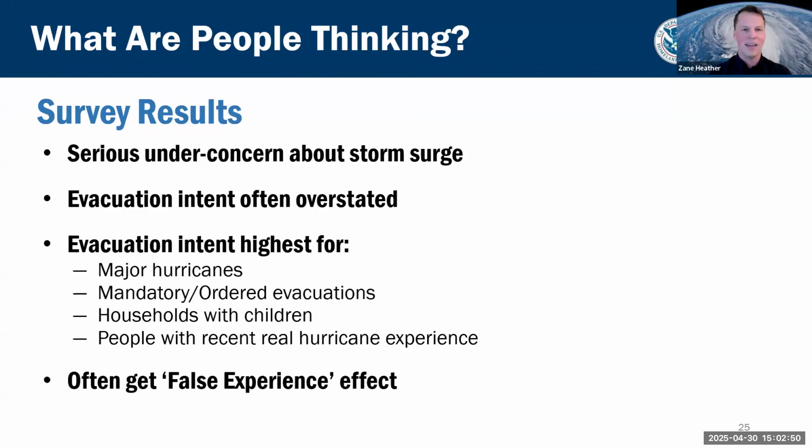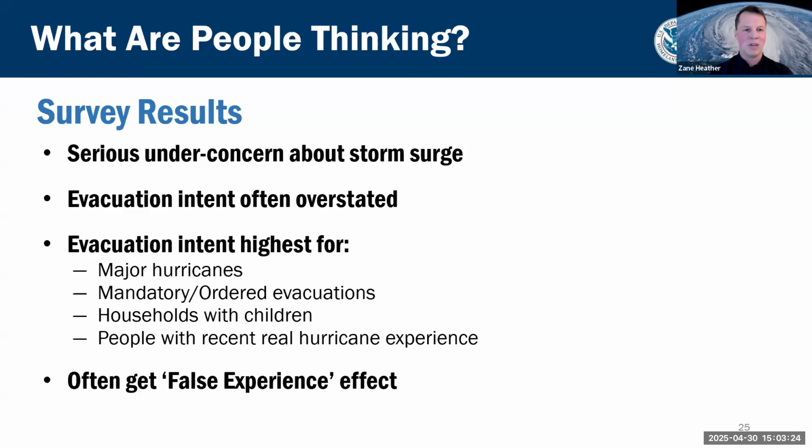It is a wind scale, and it is the impacts typically associated with tropical cyclones or hurricanes because of that, as we've seen, are wind damages. So we've seen via our surveys that there is a serious underconcern for storm surge risk. Most often, the evacuation intent of an exposed population is overstated. It's always different responding to a survey during a blue sky day when it's beautiful, than on the worst of days, what would you do? We found that people typically say they're more often going to evacuate than we see operationally.